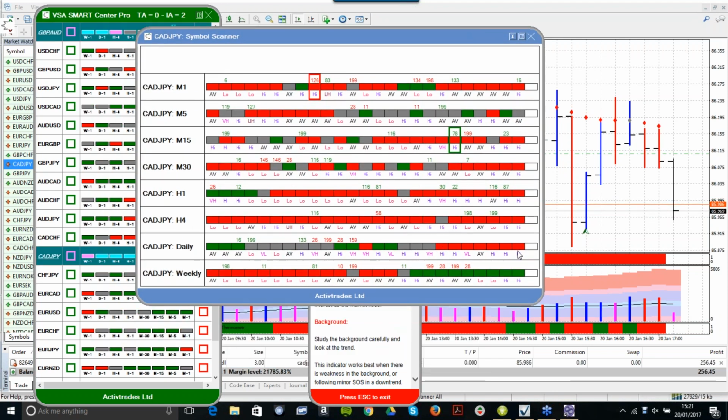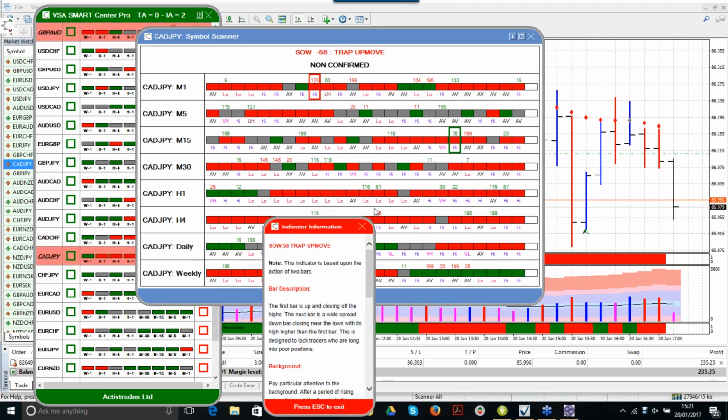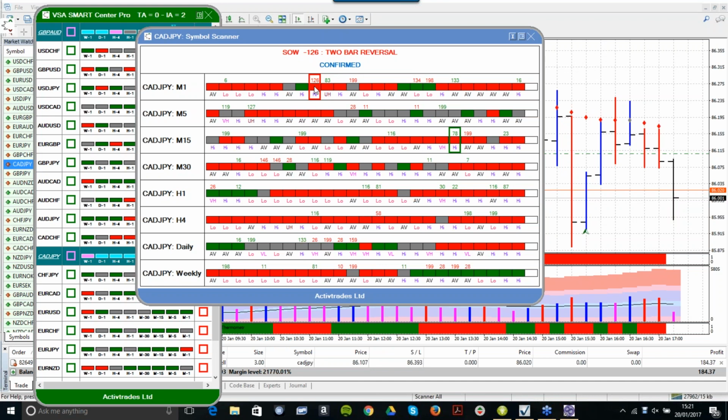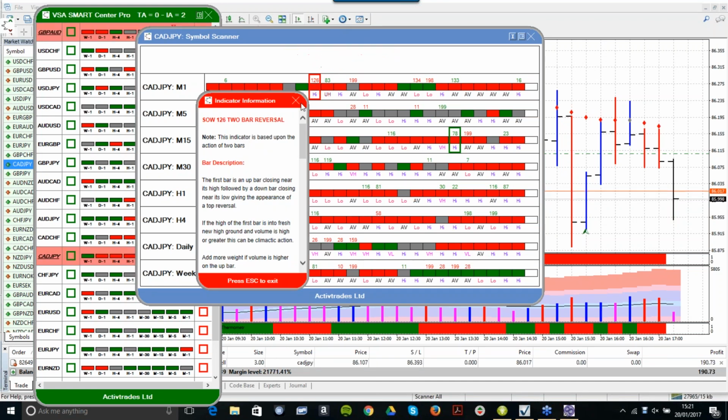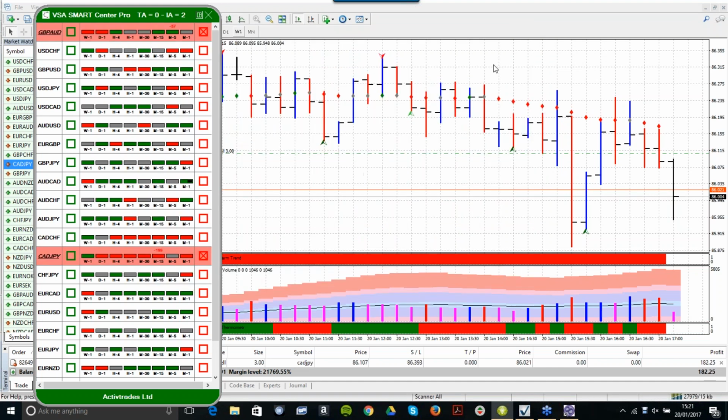The daily chart is negative. It's been going down for the last 7 days, okay? The 4-hour chart, we've had a trap up move here yesterday, just before yesterday, in fact. Trap up move. Everything then turned negative. You can see the 1-minute chart here about 12 minutes ago, which actually triggered the trade, was the reversal, 126. And we had no demand on the 15-minute chart, which we can clearly see here on the 15-minute chart, was